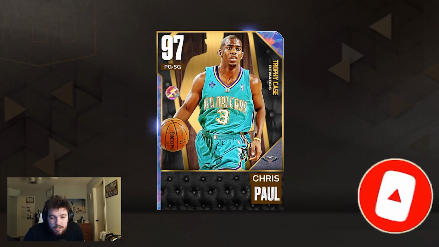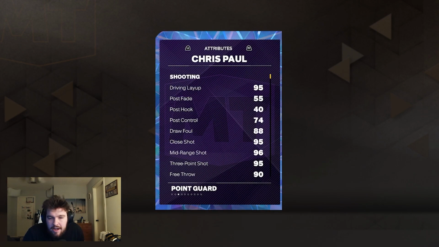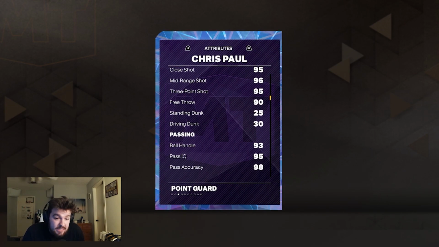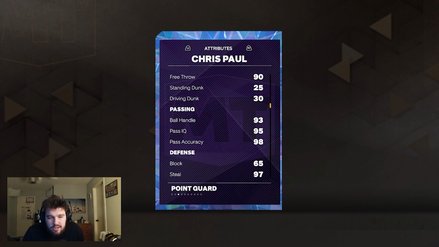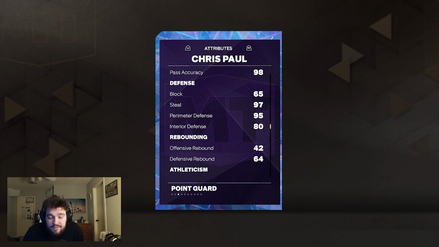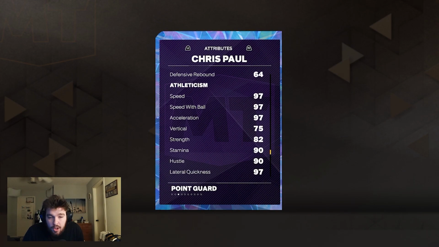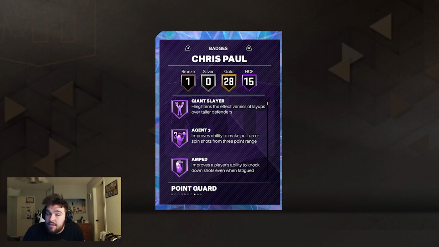Without further ado, let's hop right into it and see what Chris Paul is looking like. So CP3: 6 foot, 175 pounds, 95 driving layup, not much post game, 95 close shot, 96 mid range, and a 95 three-pointer. Unfortunately, as y'all can see, 30 driving dunk, he's just not going to dunk the ball. 93 ball handle is amazing, incredible perimeter defensive stats, and even an 80 interior is honestly really good for a point guard. 97 speed with ball and 97 lateral quickness are obviously exceptional. The problem is obviously going to be the lack of height and the lack of dunking, but